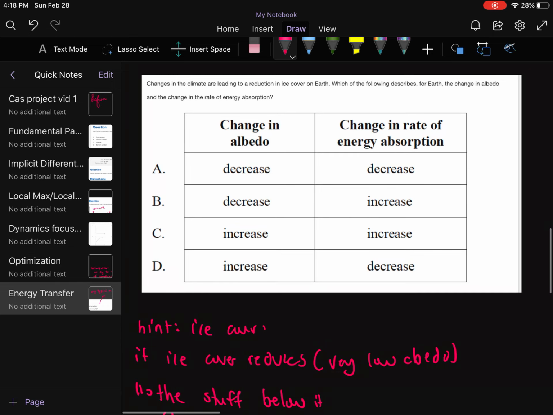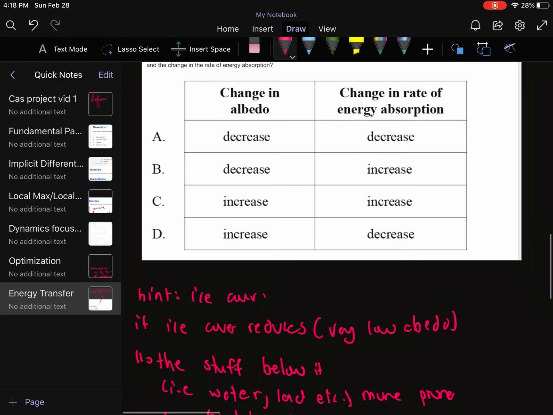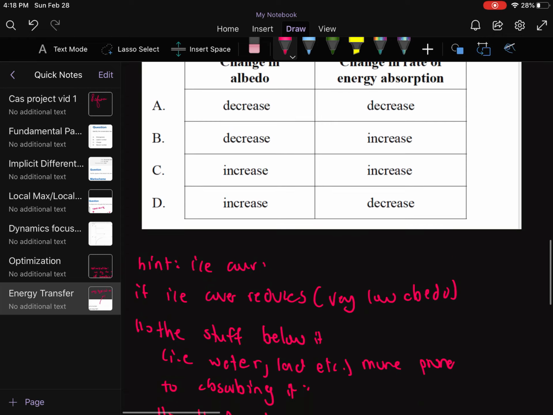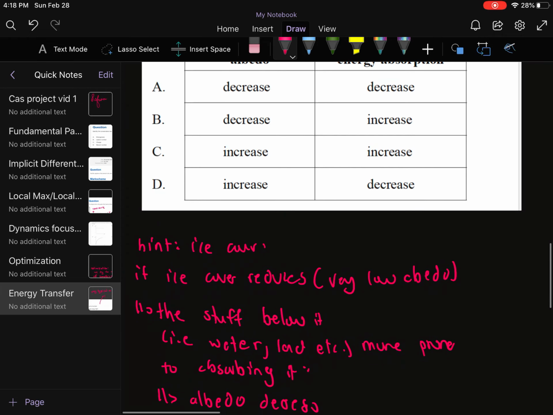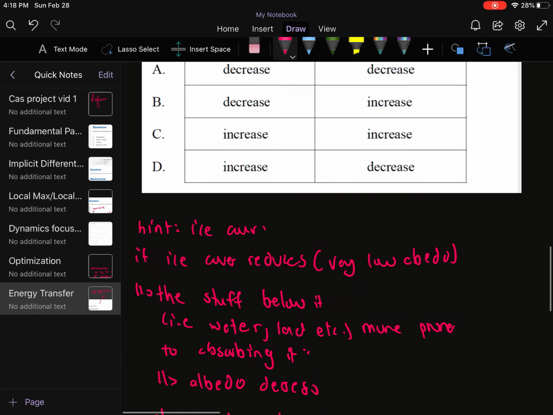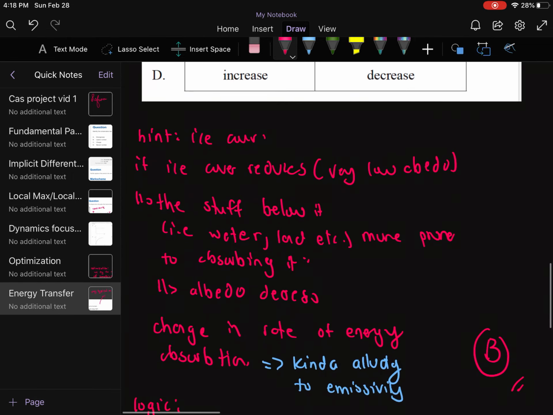If the ice cover is reducing, I think you may know that it actually has a very good albedo, and what I mean by good is that it has a high albedo. And so if that's gone, the stuff below it, i.e. water and land, will have lower albedos, and so they'll be more prone to actually absorbing it. So as a result, if the ratio between the reflected light and the incident light is decreasing, that means that the albedo is also decreasing, meaning that more of it is being absorbed. And so if more of it is being absorbed,